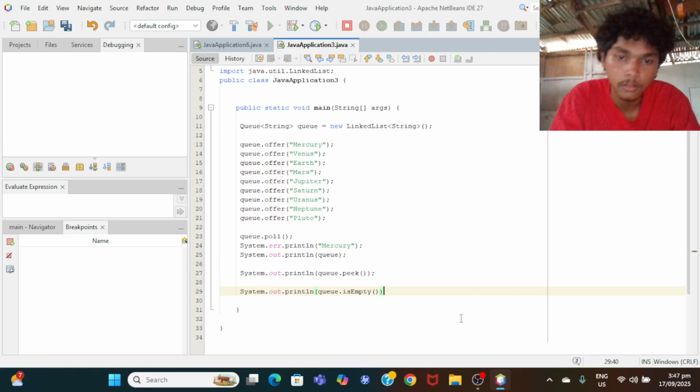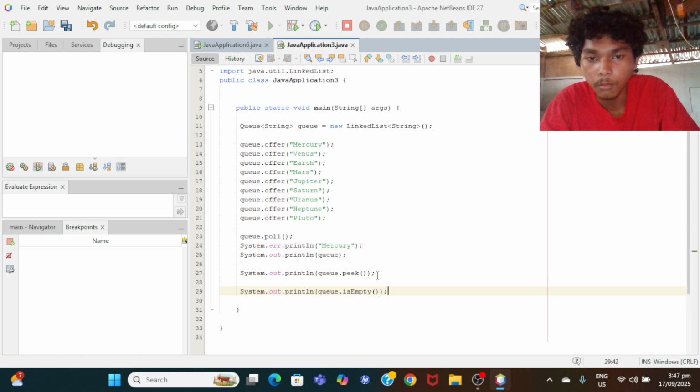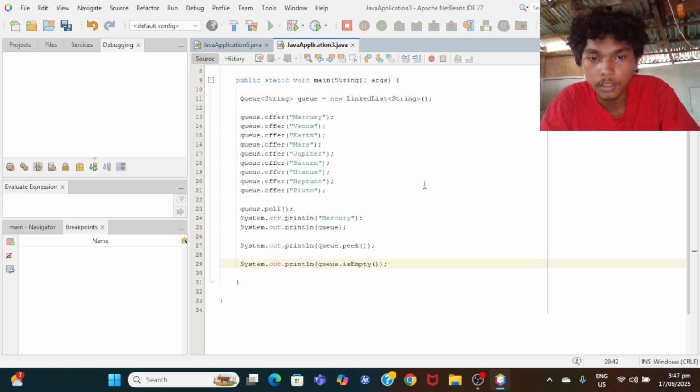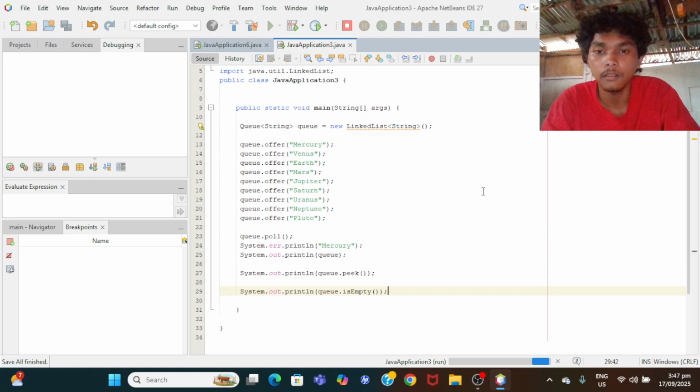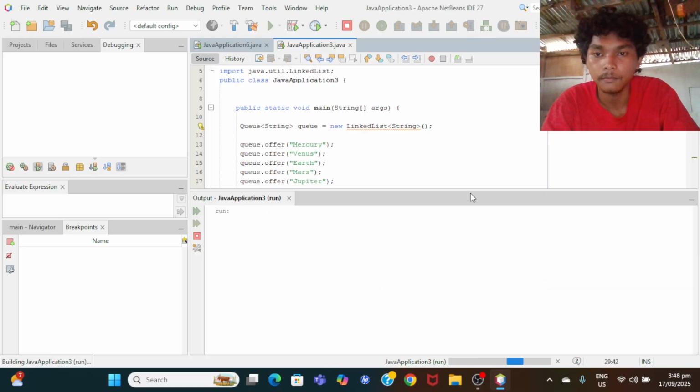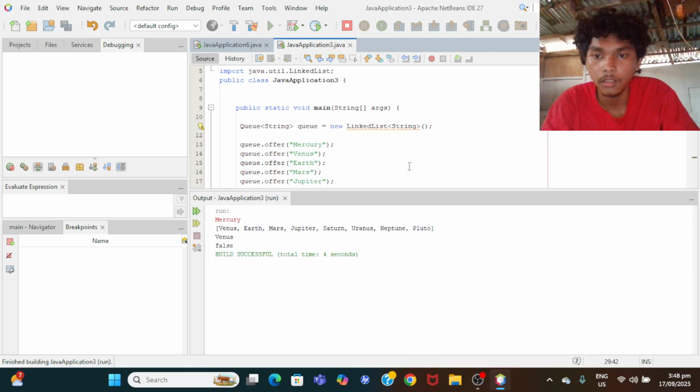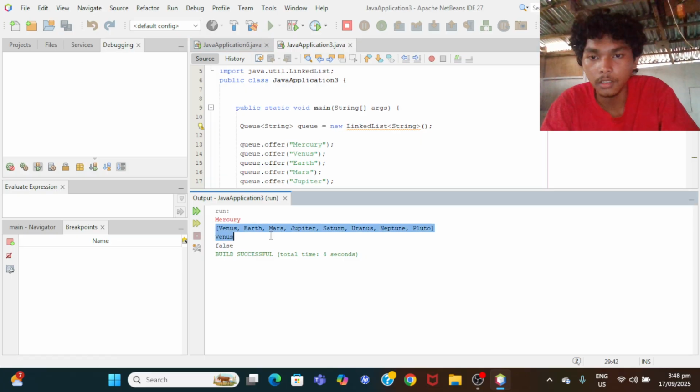So if the queue is empty, it's gonna say true, but if it's not empty, it's gonna say false. So let's try to run this. As you can see, it's false, because we have the elements here.